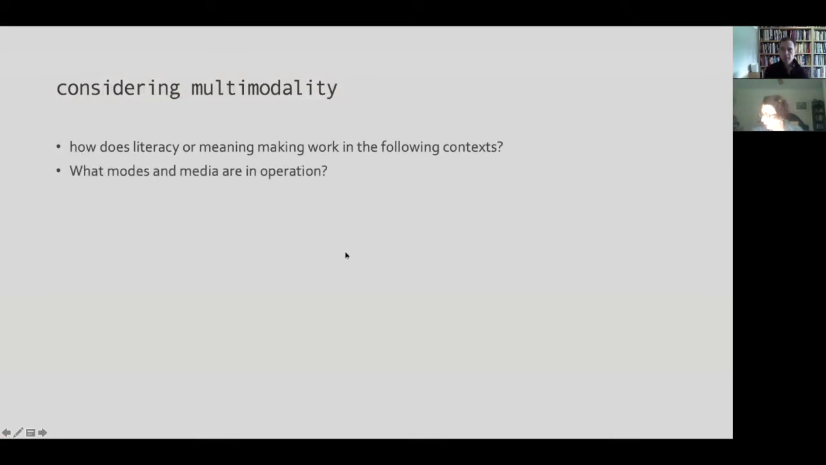So just to take a couple of examples, we're going to look at some images and some settings, some context, which we hope will allow us to tease out some of the ways in which multimodality might be understood as a useful concept. So as we look at some of these examples, we invite you to ask these questions for yourself. So in particular, how does literacy, or more broadly, if you like, meaning making work in the following contexts? What modes are being employed? How are those modes shaping the kinds of meanings that might be made? The first example is